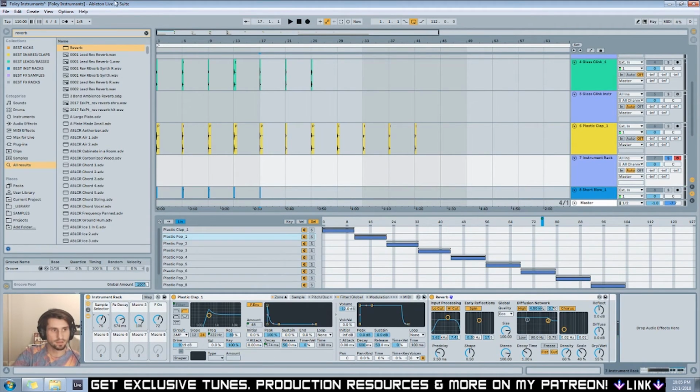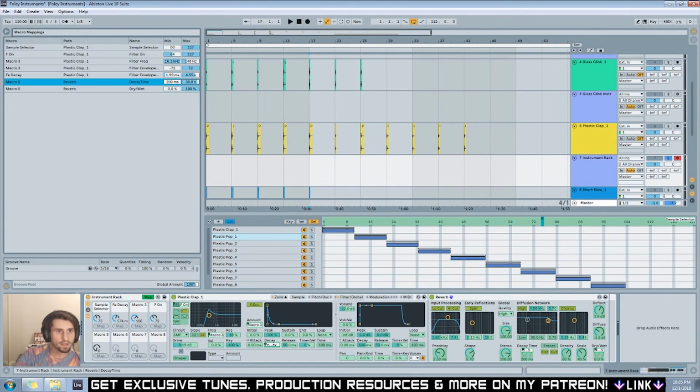That's a really cool sound. So again, I'm gonna put the reverb on a macro. We can mess with some of these things, turn the quality up to high, mess with this a little bit just to give it some variation. And again, we don't want the time to go all the way up, but